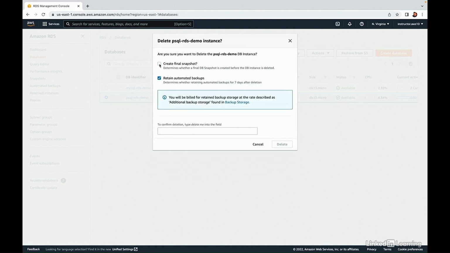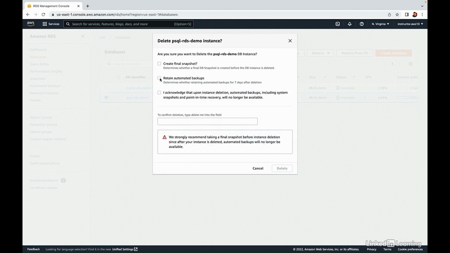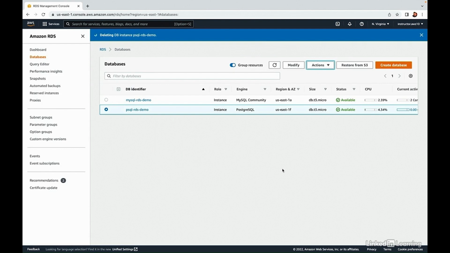So I'll uncheck that, and I will uncheck Retain Automated Backups, which causes a new checkbox to appear that says, I acknowledge that I will lose all this data, and that is just fine. I'll type Delete Me to confirm, and click Delete. Now the Postgres database is deleting itself, and that will be taken care of in just a few minutes. Now, if you'd like,